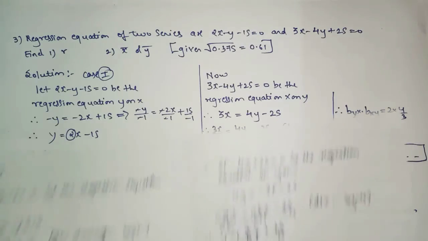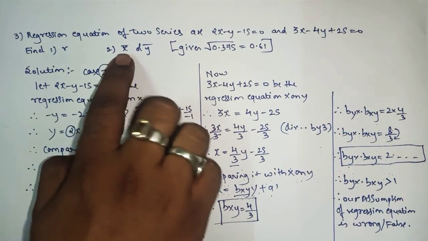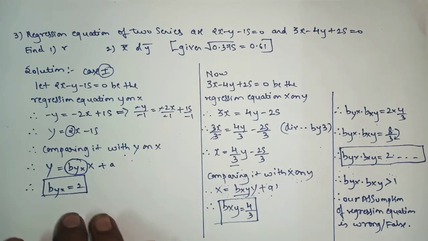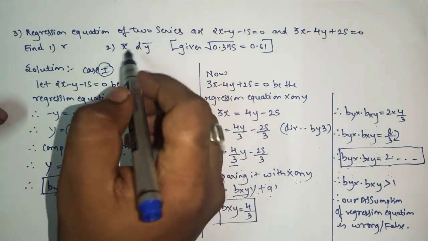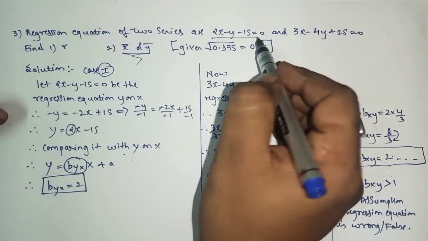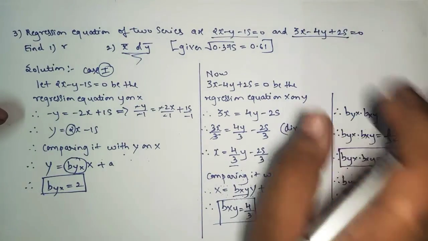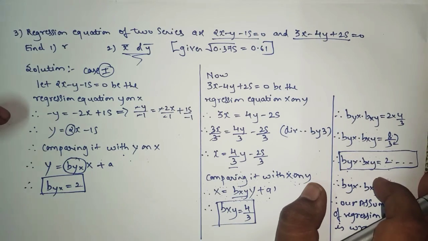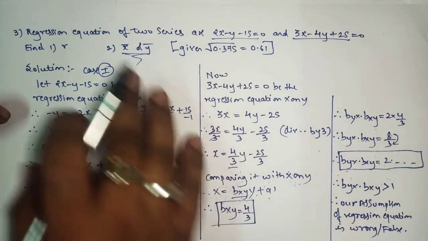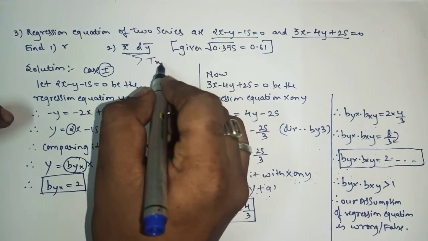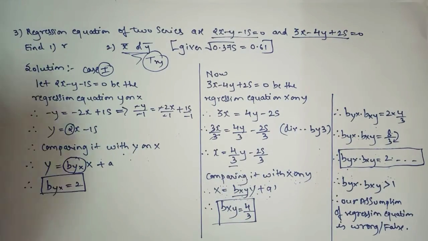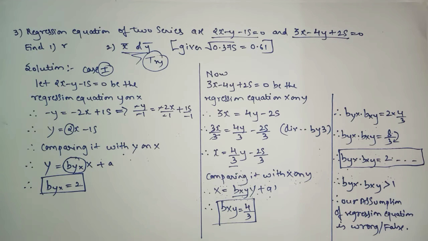So we'll see the next part. So here the next part is what? X mean and Y mean. I hope you all might be knowing how to find the X mean and Y mean. Simply what you will do, you will solve these two equations simultaneously to get the answer. And I hope you all might be knowing how to solve the sum simultaneously. So please try the second part by yourself. Okay, I hope you all understood the type number 3, where we took 3 examples.